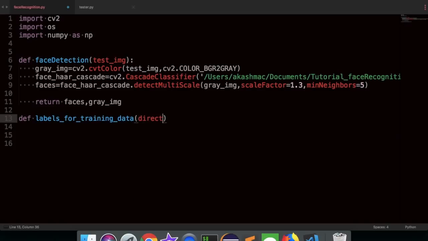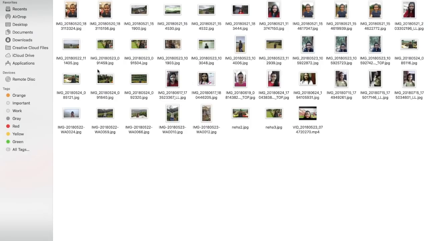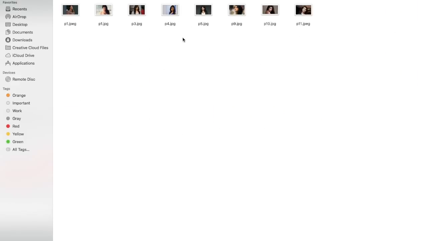So how we are going to structure our training data is like this. In this training images folder, I have two folders with ids 0 and 1. Essentially 1 stores all my pictures. I'm going to later on create a dictionary, and a dictionary is a key value pair. So 1 I'm going to name as Neha, and 0 here I have the pictures of Priyanka Chopra. Okay guys,